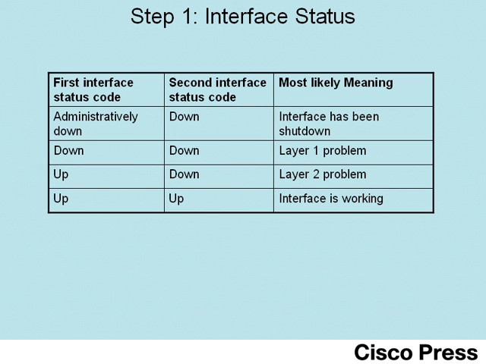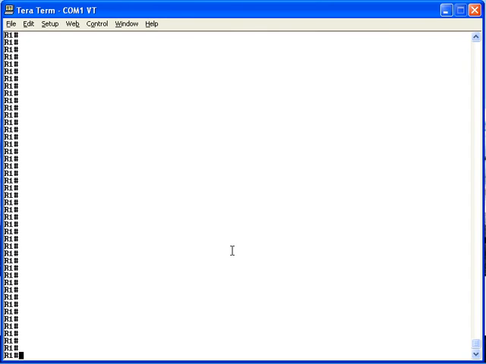Because of that, it doesn't make sense to see a status code of down and up, meaning layer 1 is down but layer 2 is up, because layer 2 can't do anything until the underlying layer 1 facility can pass bits. This step begins with both R1 and R2 fully configured, except R1 has a shutdown command on its serial